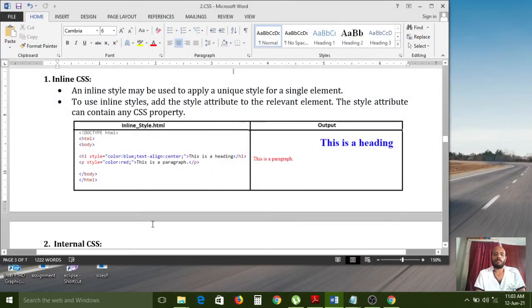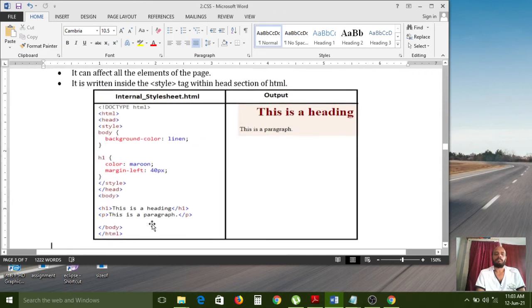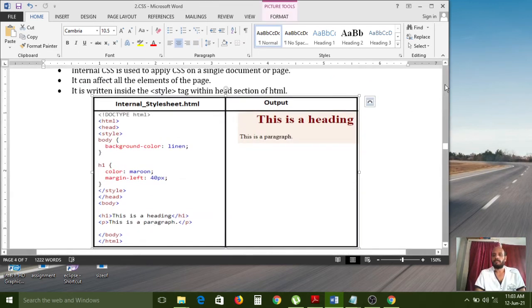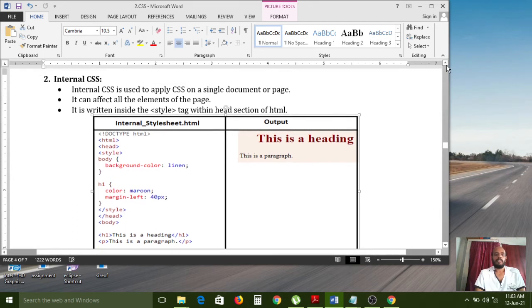Now we have to see the internal CSS. Internal CSS is used to apply CSS on a single document or page. In the previous example, inline style sheets, if you want to apply styles for a particular element, we can use inline styles.